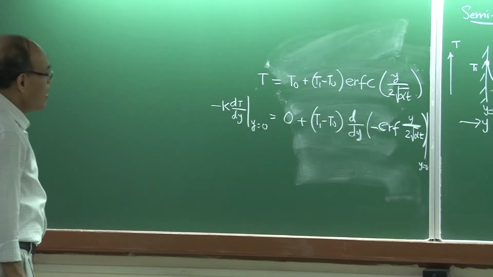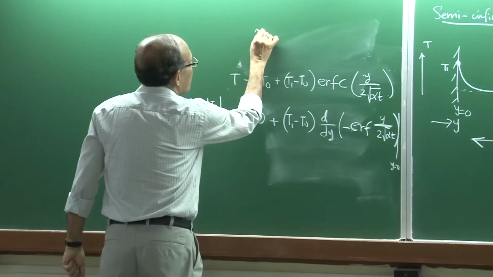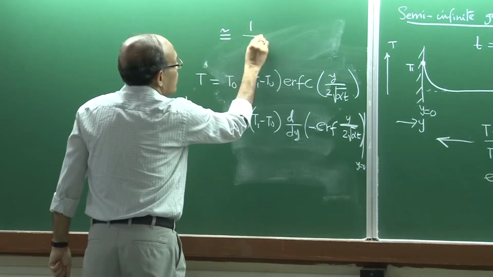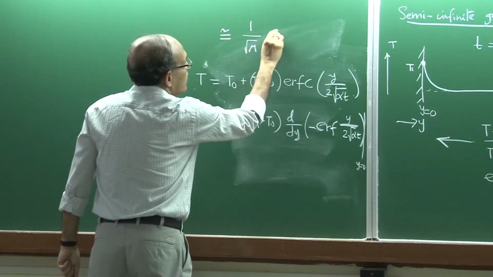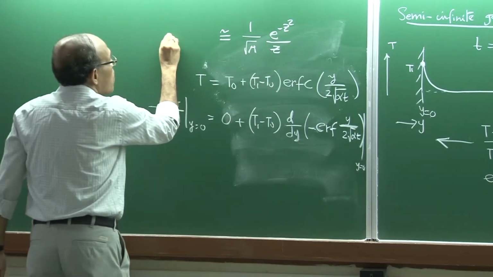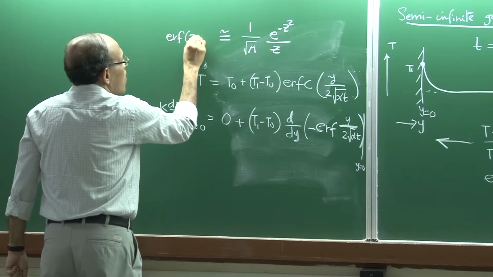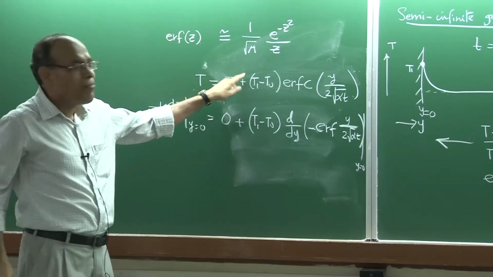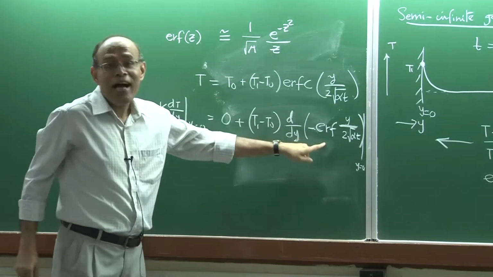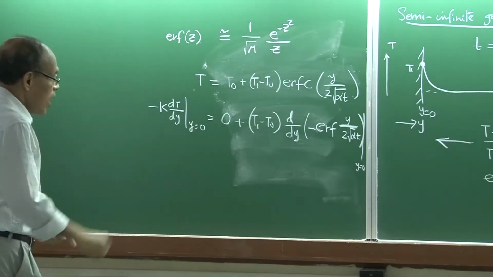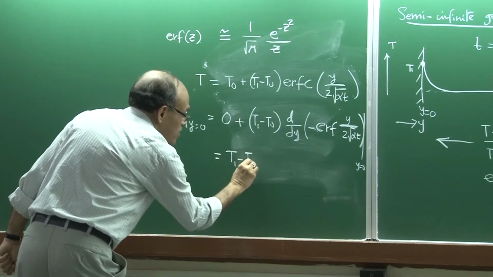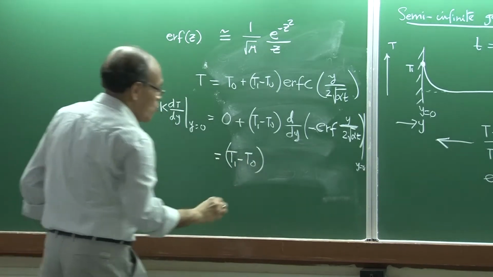And actually one can also write an approximate expression of error function as 1 divided by square root of pi, e to the power z square divided by z. This is not very rigorous, but this is an approximate expression. So, you can take this expression, substitute it here, and then do the differentiation and then find out. And I will give you the final result here, which essentially is T1 minus T0, and it comes out to be